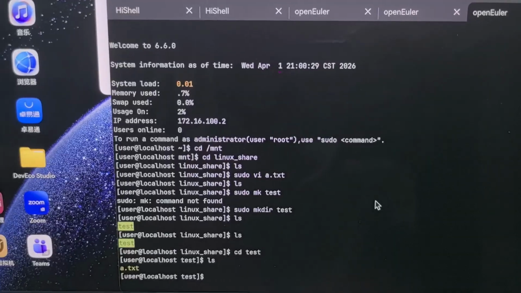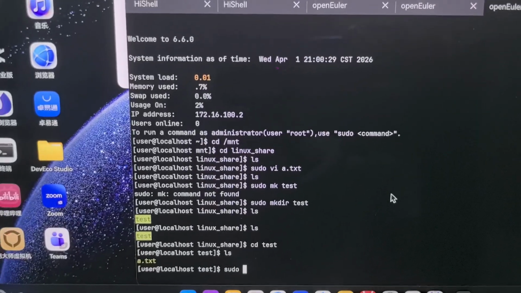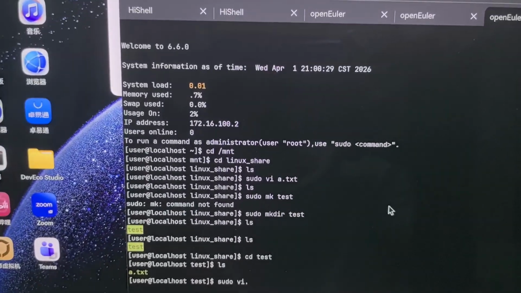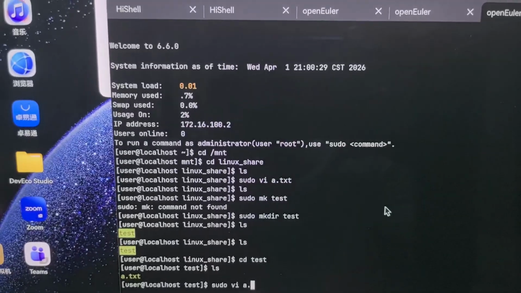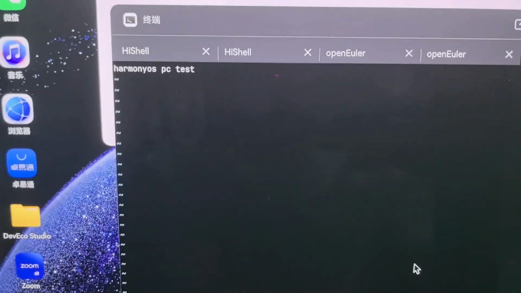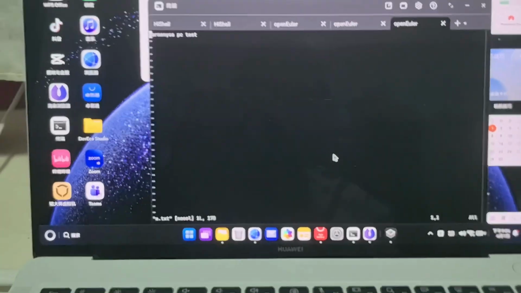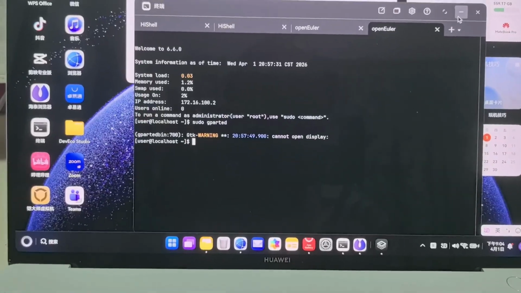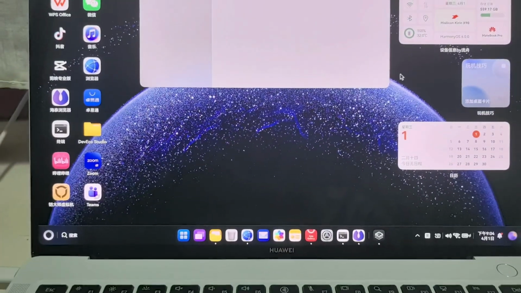Yeah, you can see here sudo vi a.txt, HarmonyOS PC. So that is the one I'm talking about, which is successful, and I highly recommend you download it